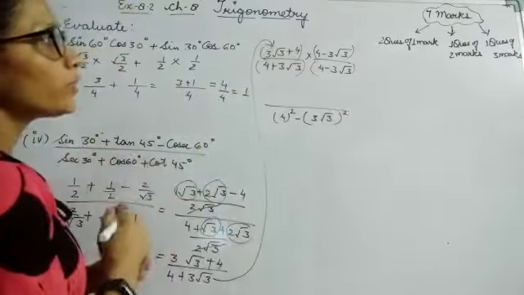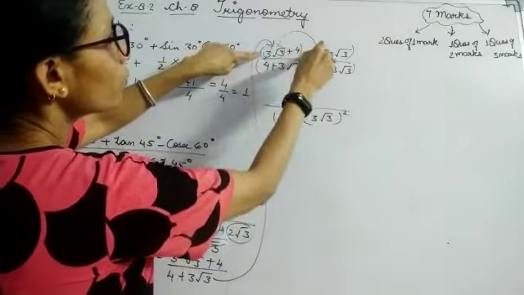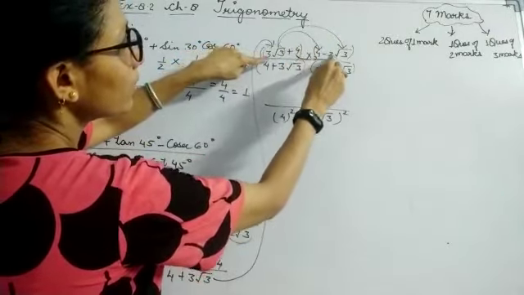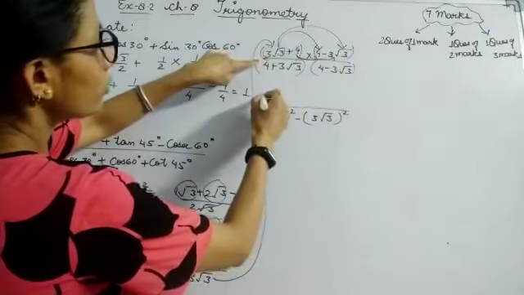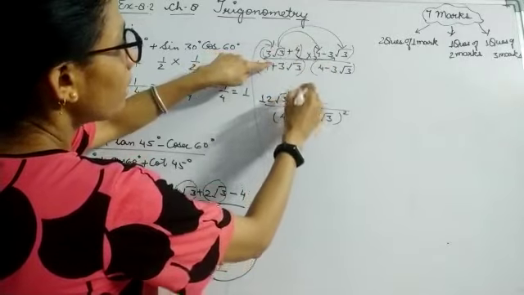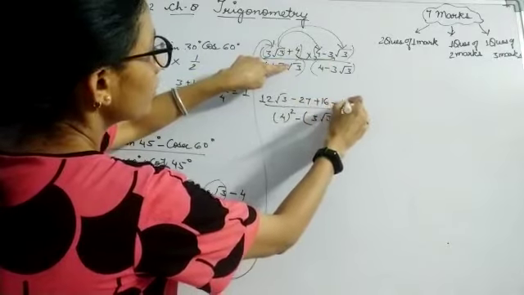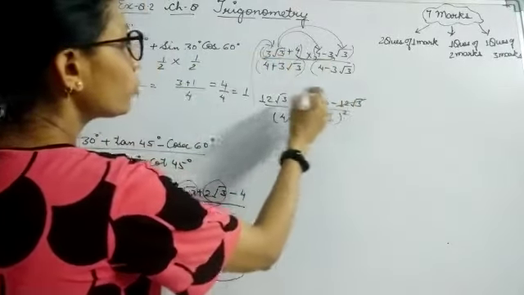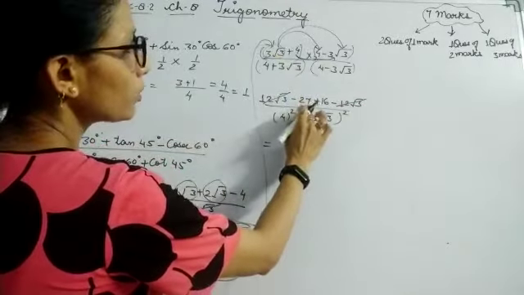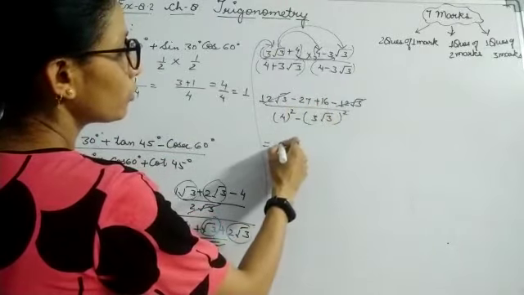And what about numerator? Here we have to multiply. So multiply 3 root 3 with this 4, then you multiply with this, then take the second term, multiply with this and then with this. So on solution it will be 4 3s are 12 root 3 minus 27 plus 16 minus 12 root 3. So 12 root 3 and 12 root 3 gone. So I am getting it as minus 27 plus 16, which gives you just subtract it. So you will be getting it as